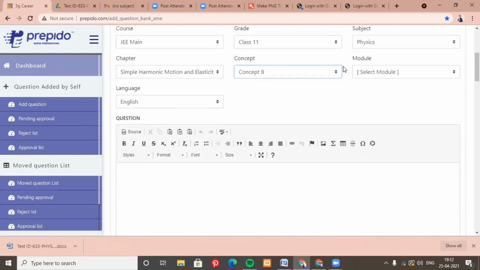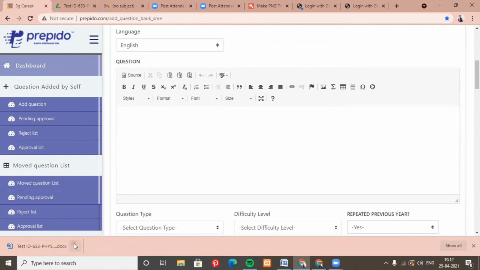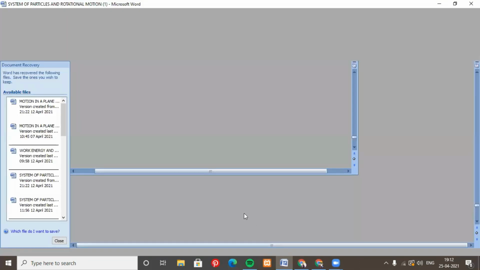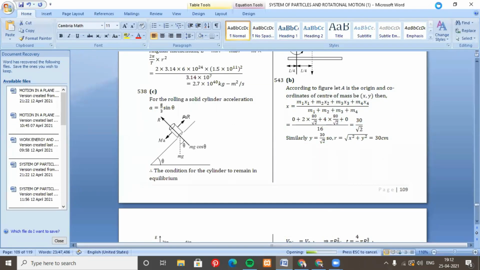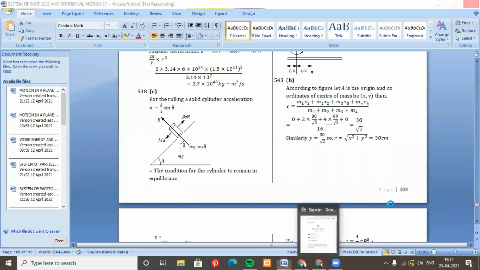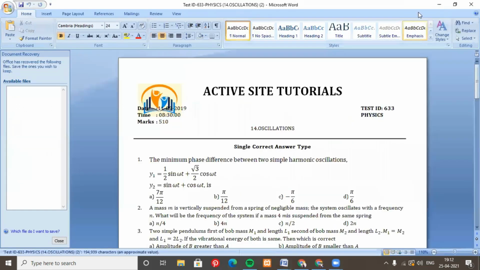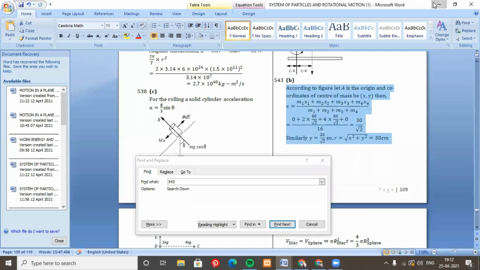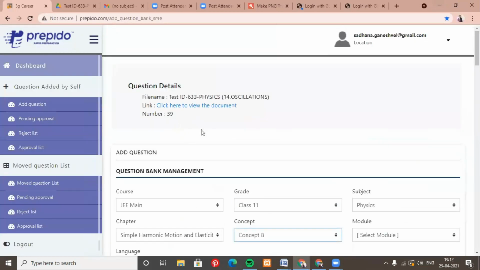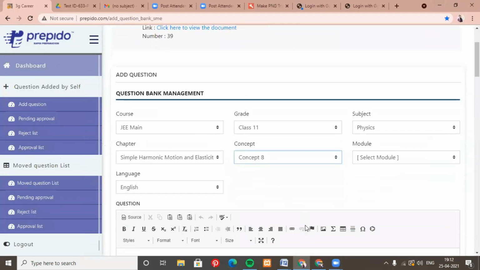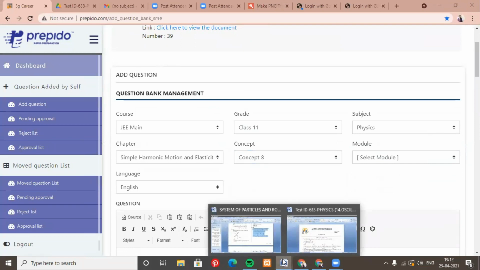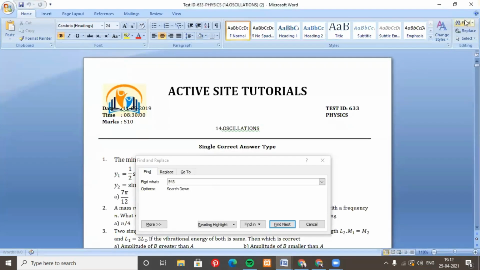And then coming to the question, I think it will be downloaded. Yeah, now it's open. So the question number given here is 39. So you go to the document that is given to you, and then you search for question number 39.